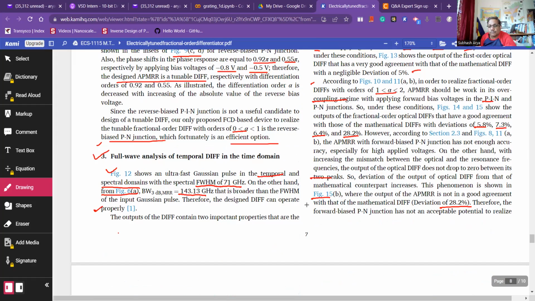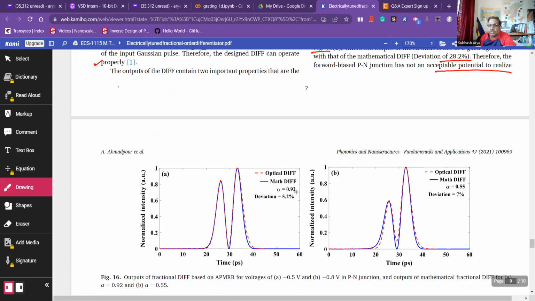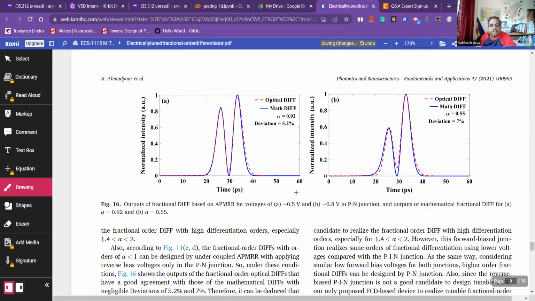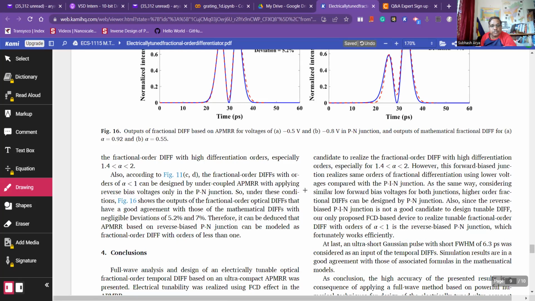Therefore, the forward bias PN junction has not an acceptable potential to realize. Yeah, this is what I was trying to tell, that PN junction is more accurate in reverse bias. The fractional order differentiator with high differential order, especially 1.422. Also, according to figure 11CD, the fractional order differentiator